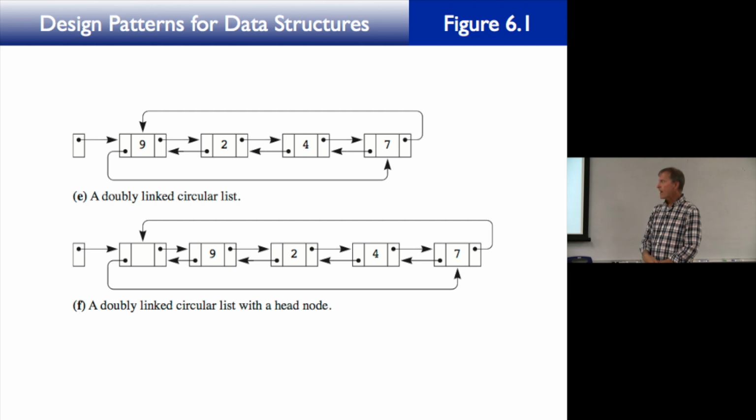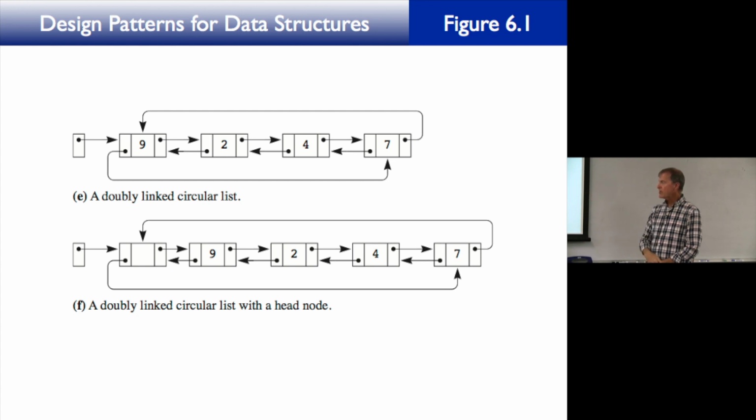And also, there's one more little thing that's common that you should at least see. Sometimes you set up a doubly linked circular list with a head node. The reason you would have a head node is because it can simplify the code. So what you have is the list is a pointer to the head node, and then the head node points to the first element of the list, 9, 2, 4, 7,